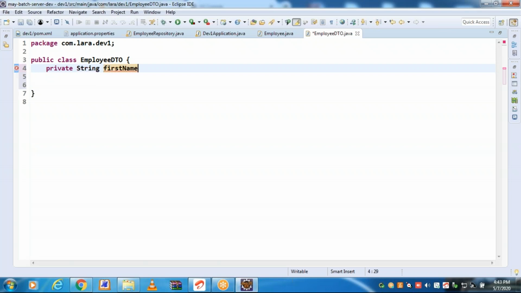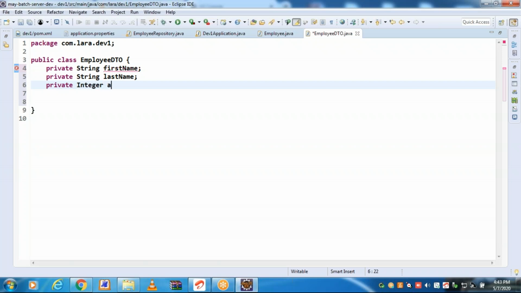I wanted first name, last name, age. I don't want object array. That is why, defining a separate class, you can treat this as a DTO class. In the DTO class, try to provide an all-args constructor, all fields constructor.